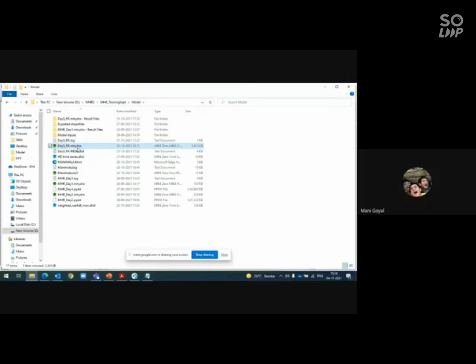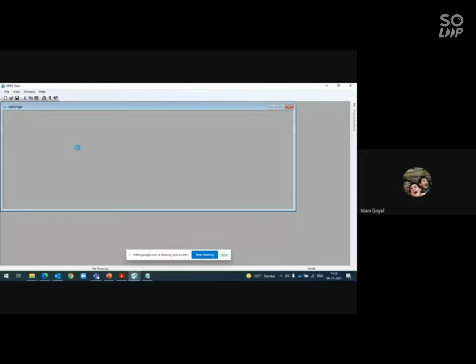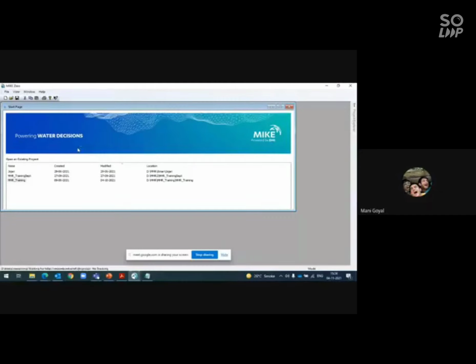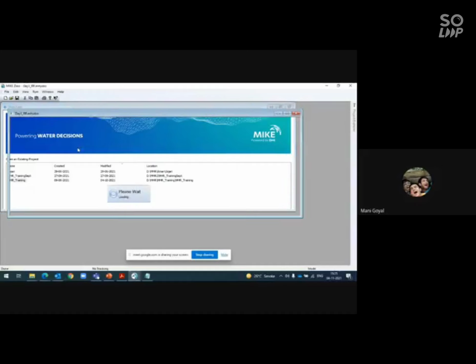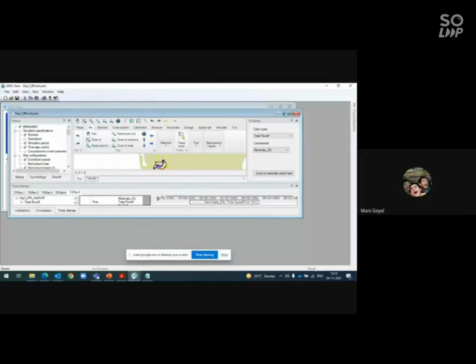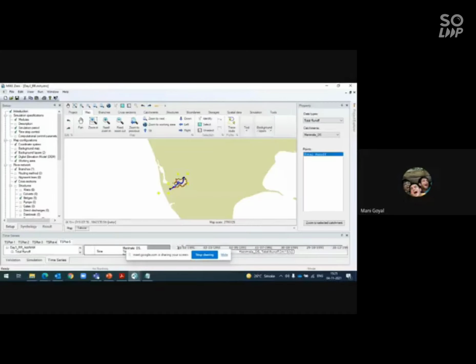If I double click on this, it will take a few seconds. So this is one basic model that is developed in the Kerala region for Manimala river.